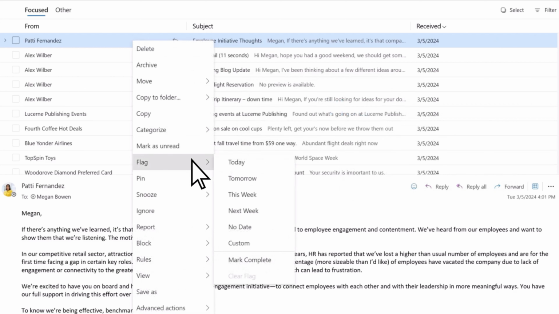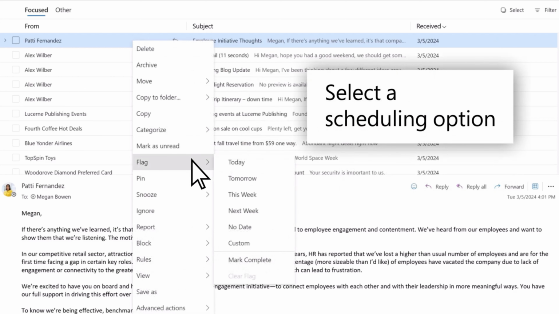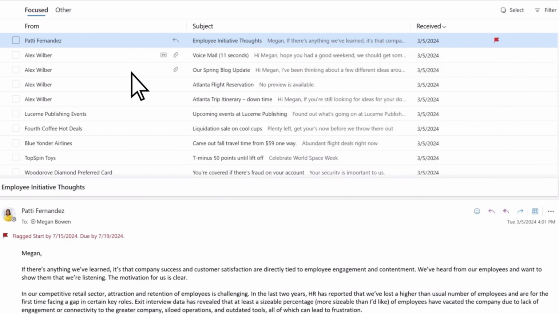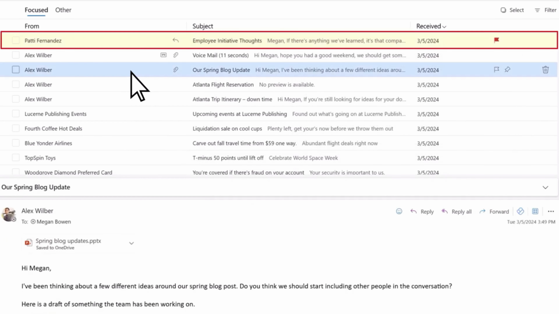Select Flag. Then select a scheduling option. We'll go with next week. The email is now flagged. Notice the flag icon and the highlighted color